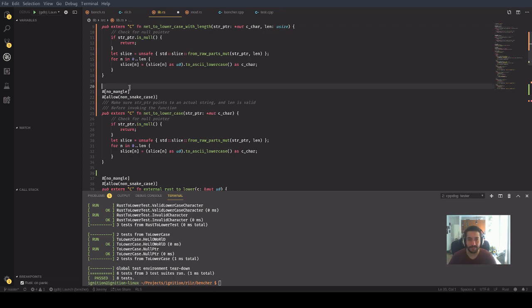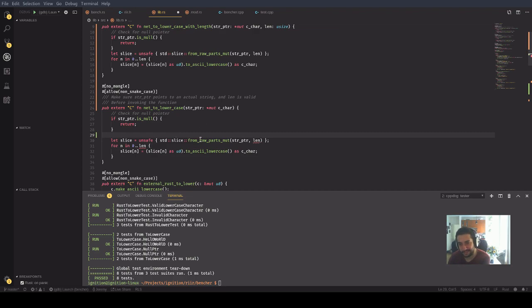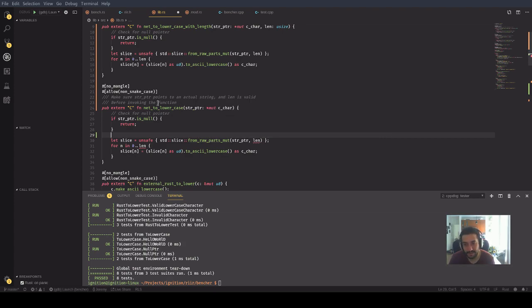So I basically picked the other one, and now we are gonna play around with the way we've been working lately. So here we are. We checked for the null pointer, and then we were trying to build a slice from raw parts. The thing is that from raw parts, mut actually takes the data and the length. Okay, so there are two things we know. The first thing is that in C++,